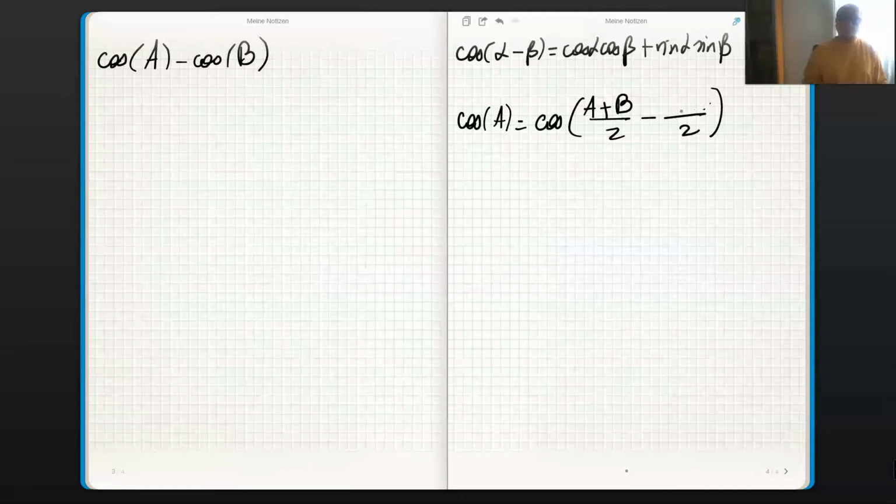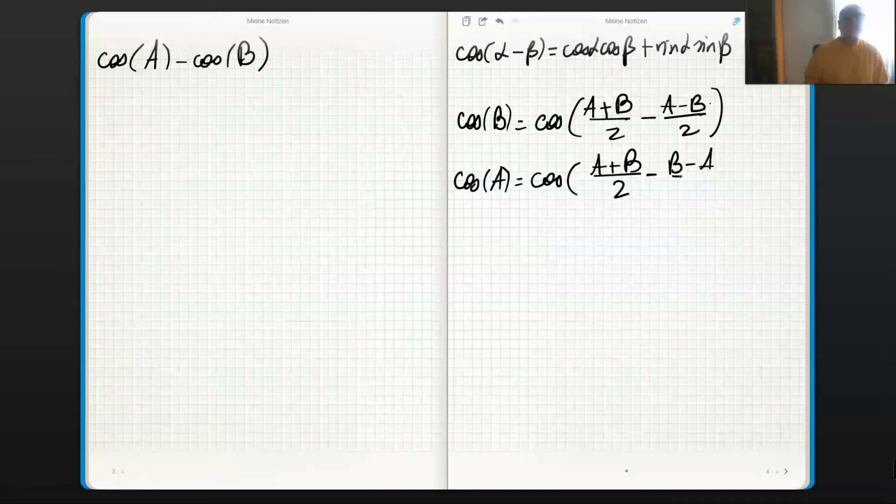To look it up, I didn't remember exactly what the approach is, but now we see it. Is it correct now? Yeah. Now we have minus. A is gone. Okay, so this is cosine of B, my bad. And cosine of A, well, I know what to do now. This is cosine of, well, it doesn't matter here, but it does matter there. Look at this. A remains, B is falling away. All right, so the same story.